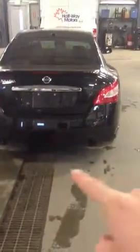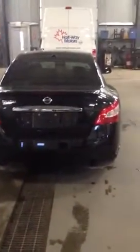You can see from the rear here, it's got fantastic lines to this car. It has dual exhaust there, you can see, and it has a very nice spoiler with the rear brake lights mounted just underneath it. Now if you want to take a quick look into the trunk here,